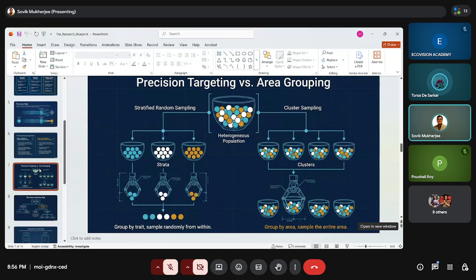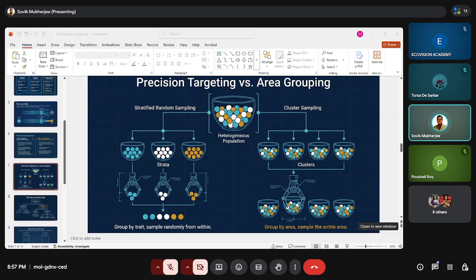Let me show you this. Can you see my screen? Sorry, I could not hear you. My connection was lost probably. Yes, I was saying that from each state we have to do simple random sampling. So, this method that you are saying is which method per se? I am not able to recall the exact one. This is actually stratified sampling that we do.